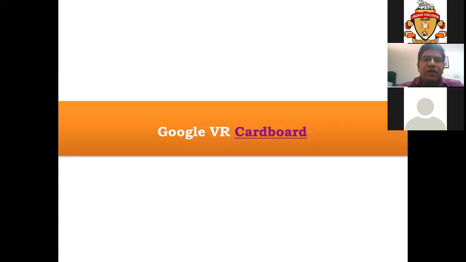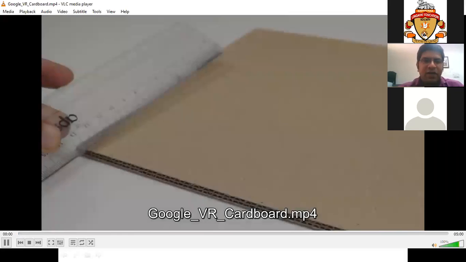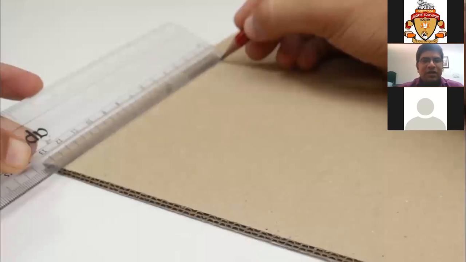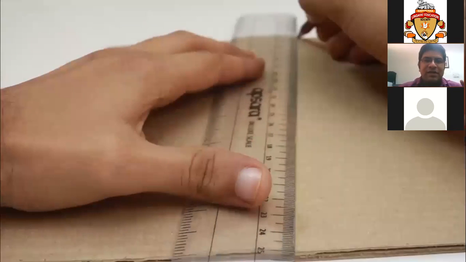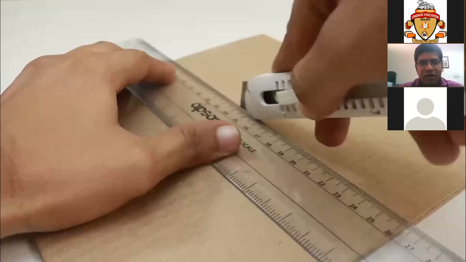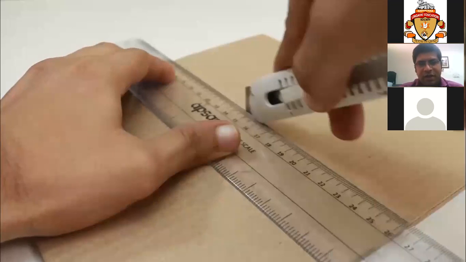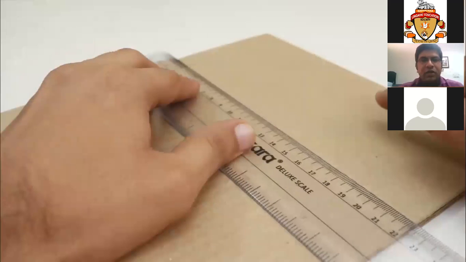how we can make VR glasses in our home. Google has already given instructions for that. We can use cardboard patterns and develop these VR glasses at home, and this gives a pretty good feeling of immersiveness. We can use piece boards, and there is a particular measurement for that. We can cut those piece boards according to the measurements, which are already available in Google. It is known as Google VR Cardboard. We can just cut it accordingly.